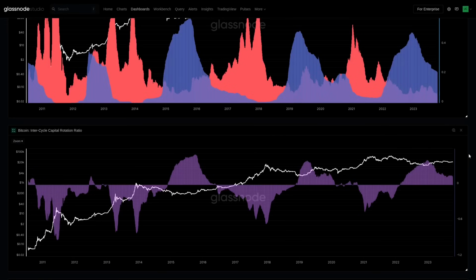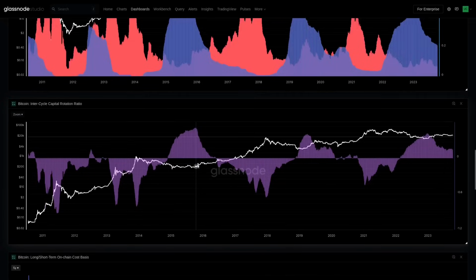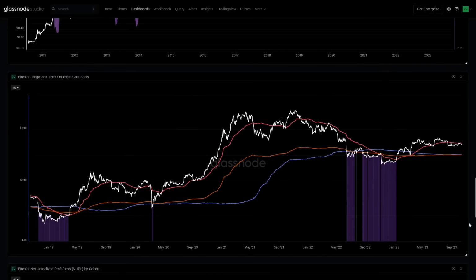And the more we've looked at these different combinations of, do you do 1 to 2 year or 6 month to 3 year, when you look at these different combinations, you can find all sorts of different insights. But here we've simplified it just down to that 1 to 2 year versus younger than 1 month. So that's the first approach. And again, that's all based on the realized cap. There we're looking at the proportion by age bands.